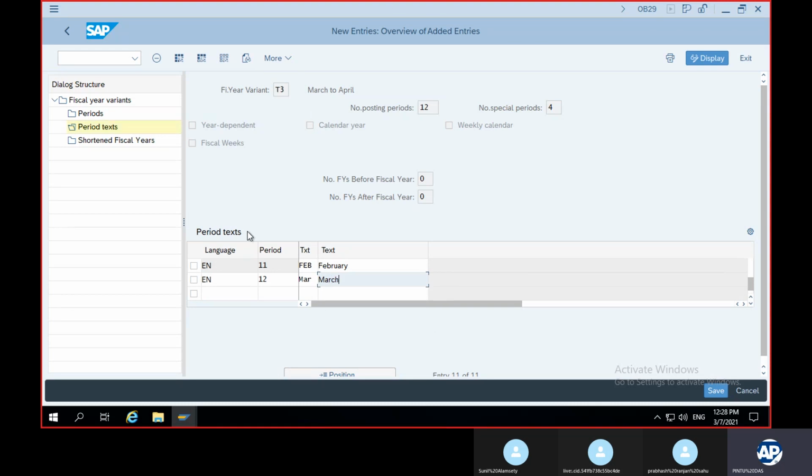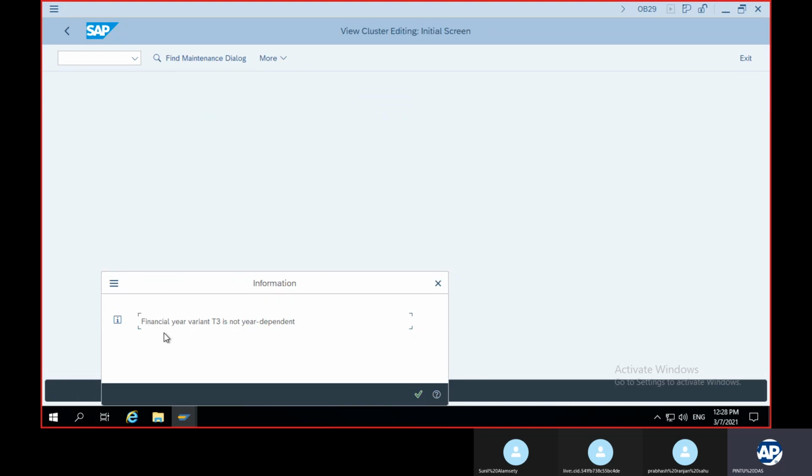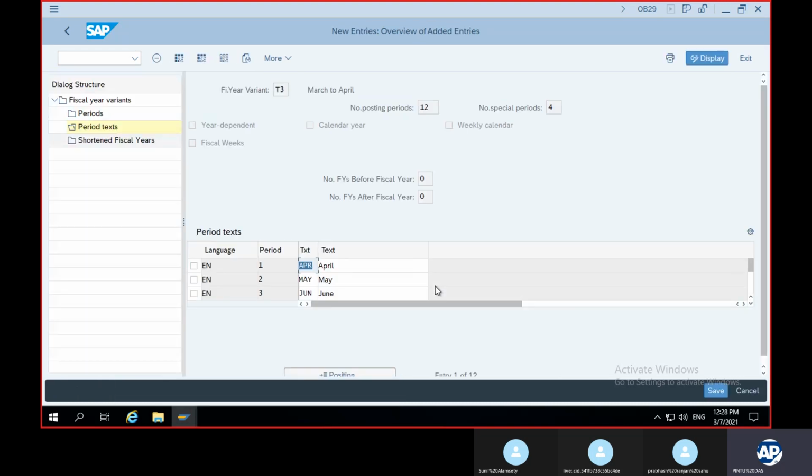After giving all these details, period, language, period and text, you save it. And shortened fiscal year means our fiscal year is not year dependent, right? Neither calendar dependent, nor year dependent. Okay?